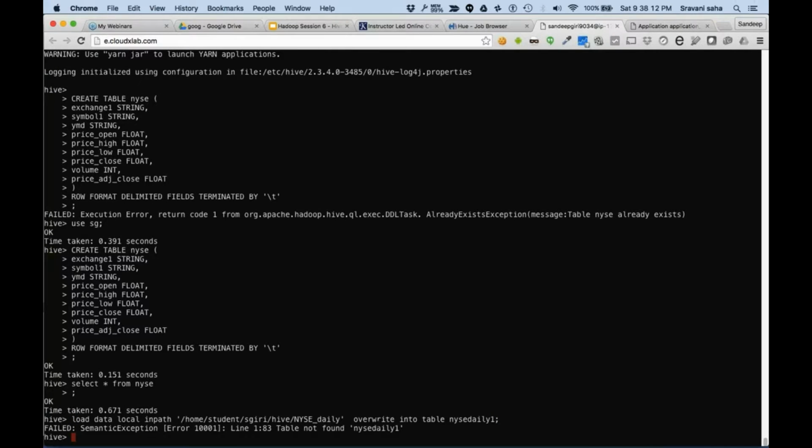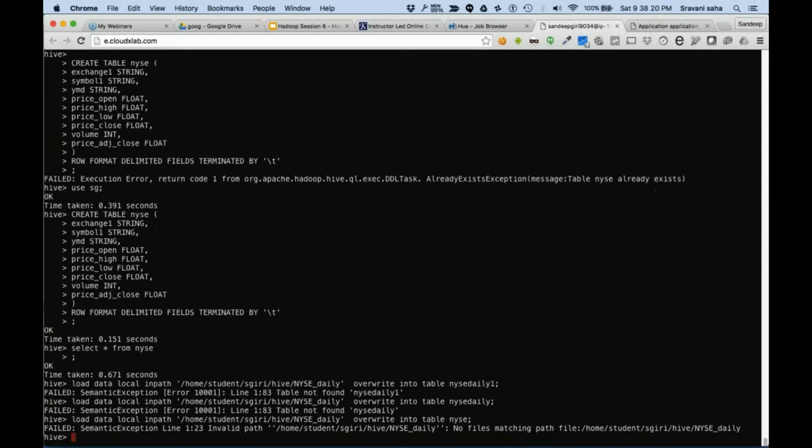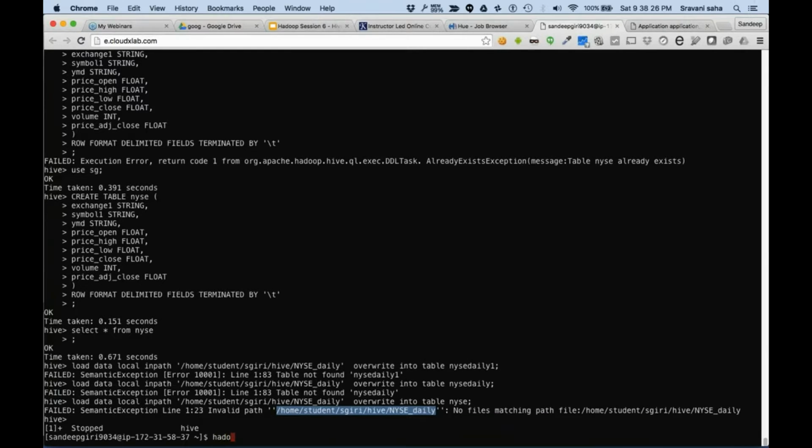It says the table is not found. What was the table? NYSE. It says there is no local file available. So what I can do is copy it. Hadoop fs minus ls slash data.